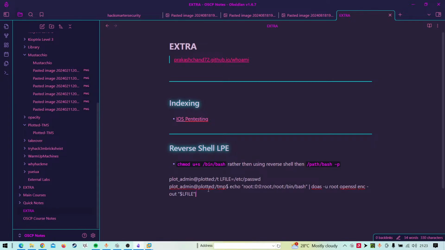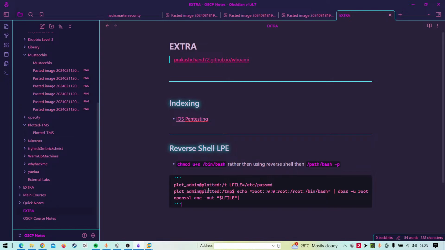for reference. Like for this way, also you can say that if you have write permission, you can also change the passwd file.